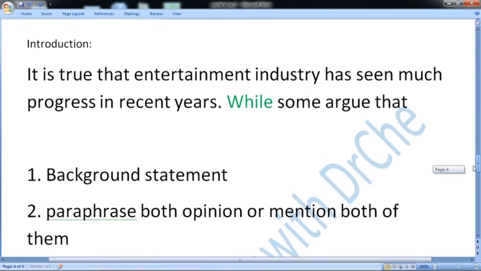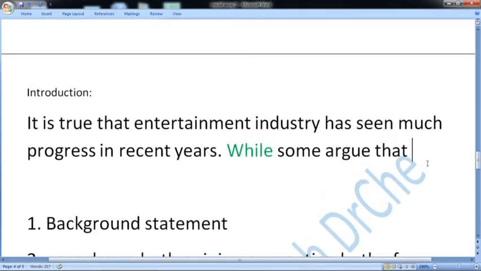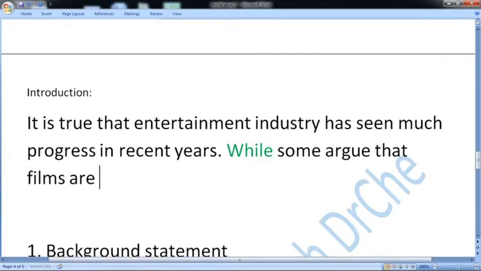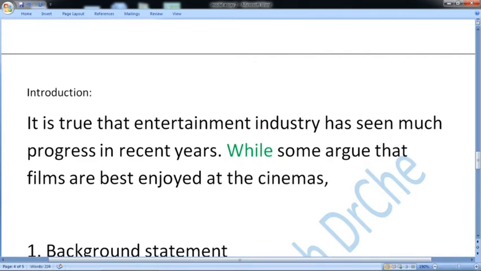We were talking about cinema, some argue that films are best enjoyed. I am just using different words, not paraphrasing exactly. Overall the meaning is the same: films are best enjoyed at the cinemas, comma,